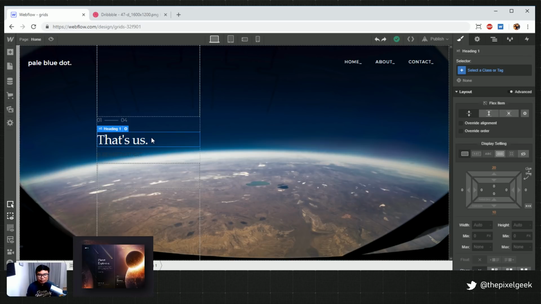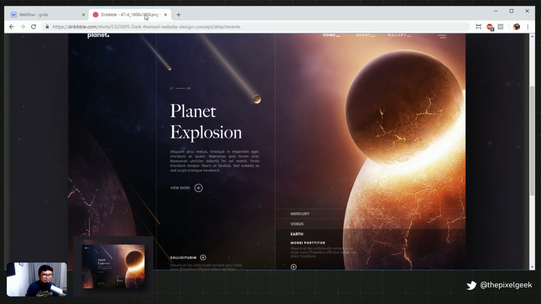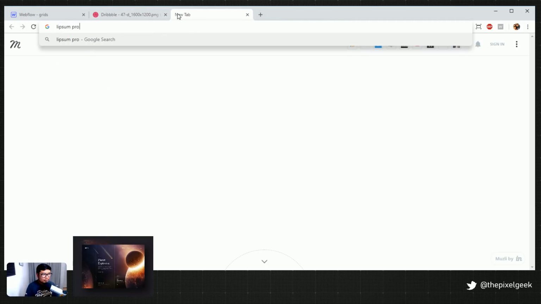Because Webflow is not a corporation. Webflow is not like a big company. It's a small group of people who are doing great things for us designers, and I can't say that enough. Okay, I'm done gushing.